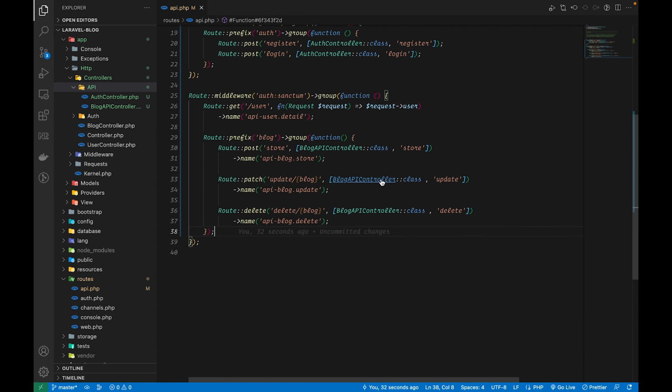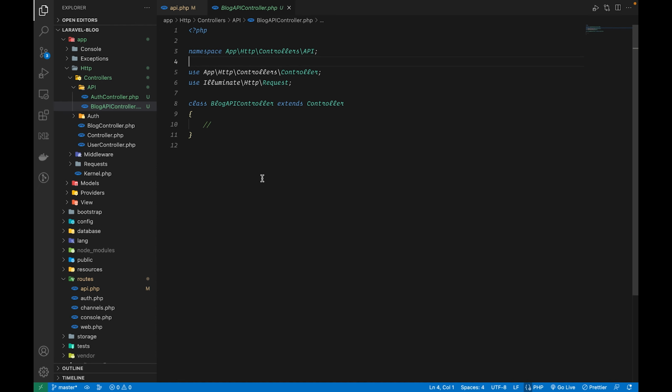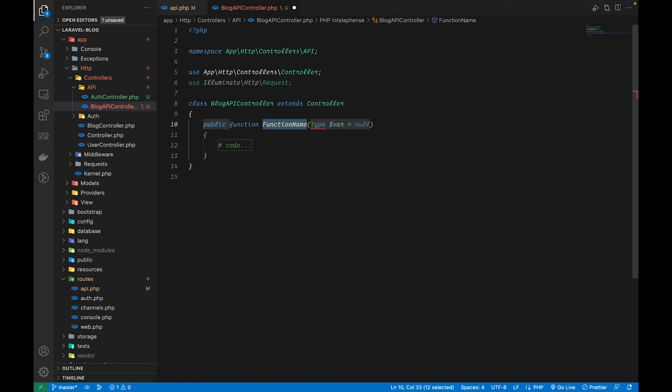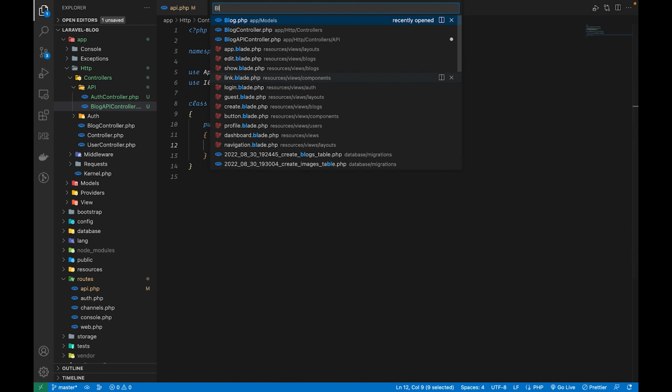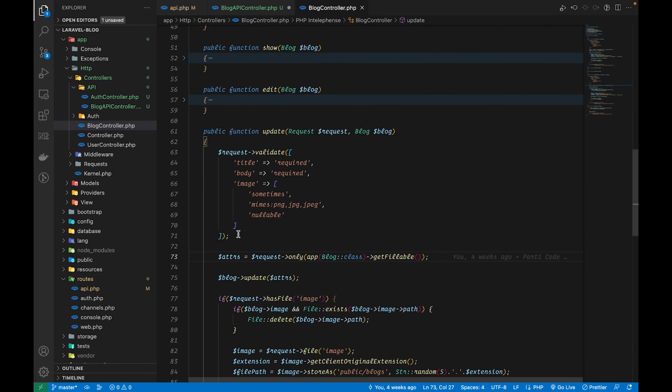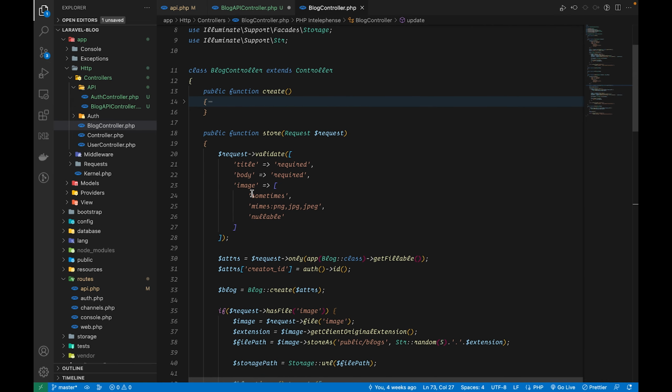Next, now let's work on our blog API controller. And inside, the first method I'm going to define is for storing the blog post. So let's create a method. It is going to accept a request, and let's define our logic here. So the first thing I want to do is validate the request. So what we can do is go into our blog controller. It is going to be pretty much same, but I'm going to just copy the request validation first and modify